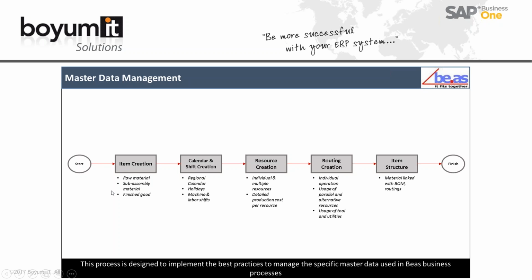Okay, we put all the parameters and all the information that we need according to the item. Then after that we are going to maybe define or select a calendar that we already created on the system, or create a new one that is according to the production process. We can include here the holidays. We can include here the main information that we need on the calendars, and also